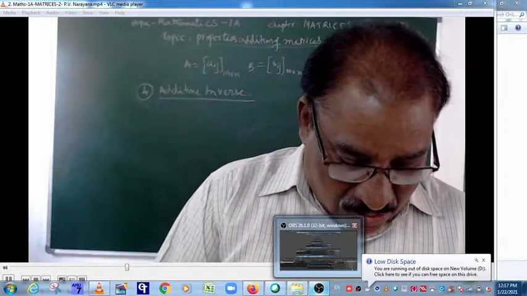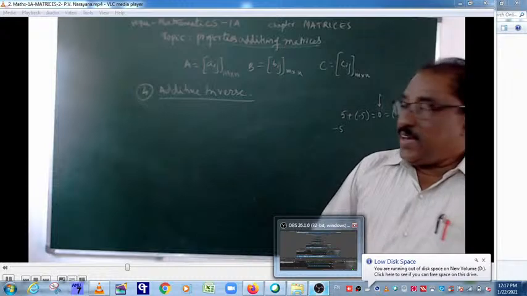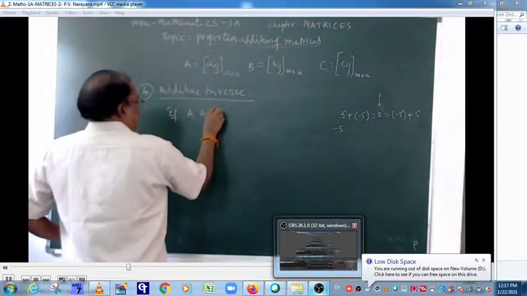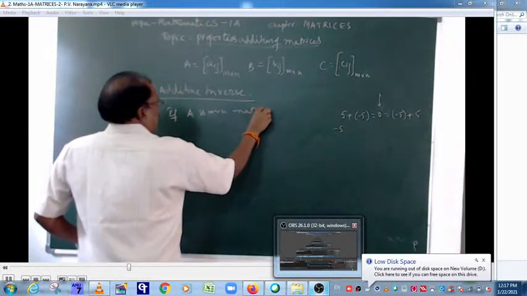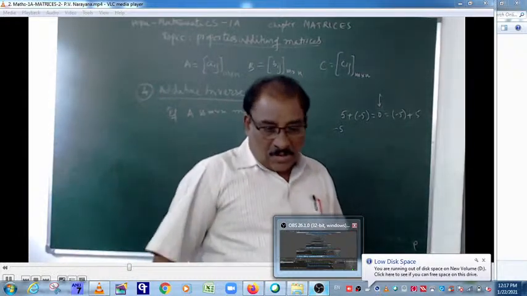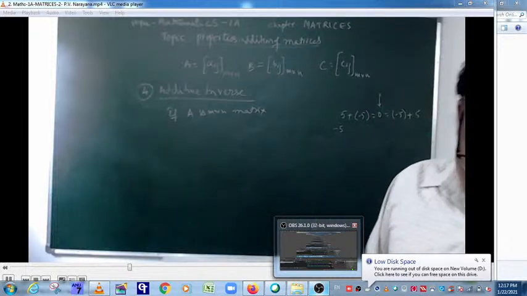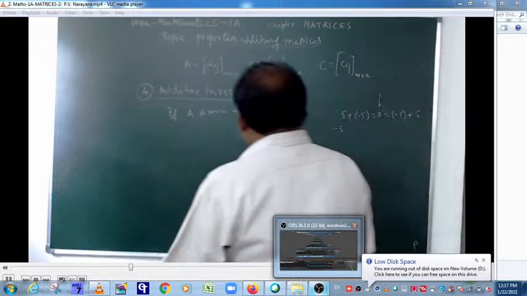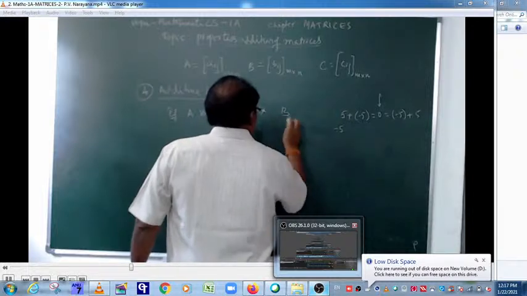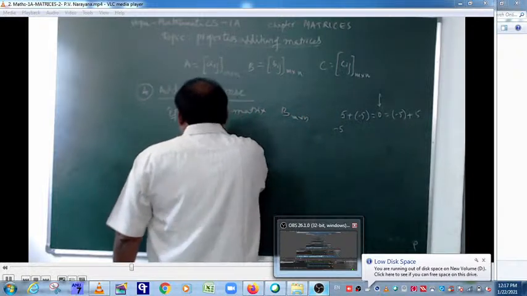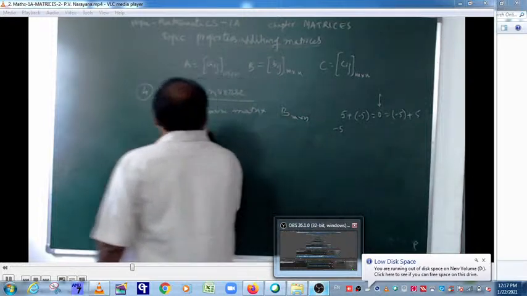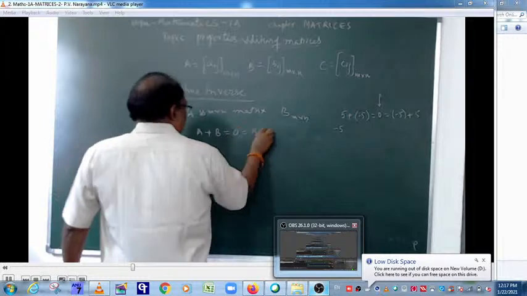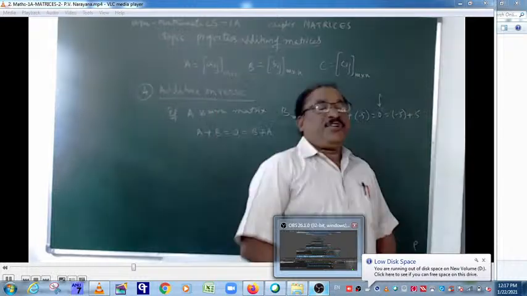If capital A is an m by n matrix, then there is a unique m by n matrix B such that A plus B is equal to 0, which is equal to B plus A. Then B is said to be the additive inverse